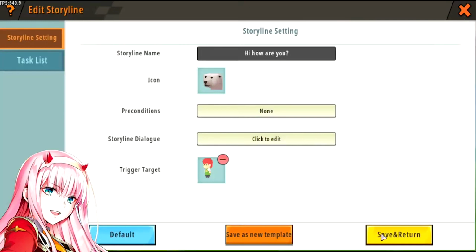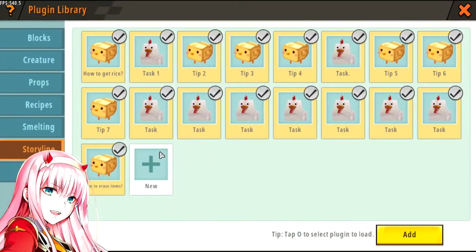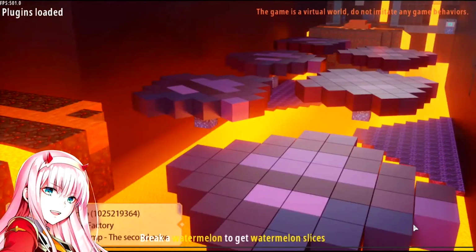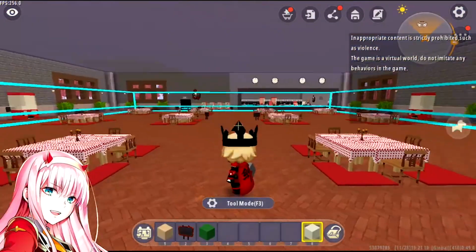After everything is ready, you just need to save and return. Then you just add the plugin into your maps. Alright, so again, I will show you what it looks like when you complete the mission